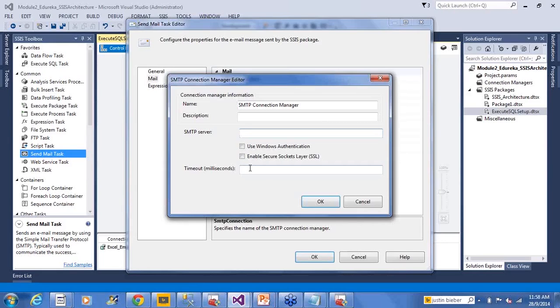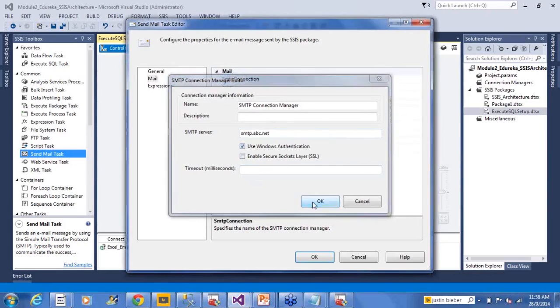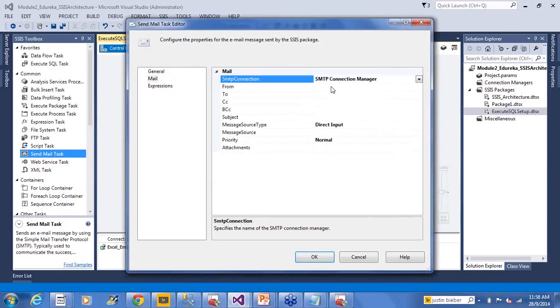Example, let us say that our SMTP server is smtp.abc.net. This is some name of an SMTP server. For example, I use Windows authentication. I know that it will give a failure, and I am just setting up the SMTP connection manager for you to understand. So from whom are you sending? You are sending from some email ID, some Edureka_MSBI